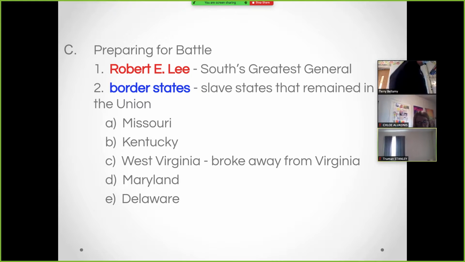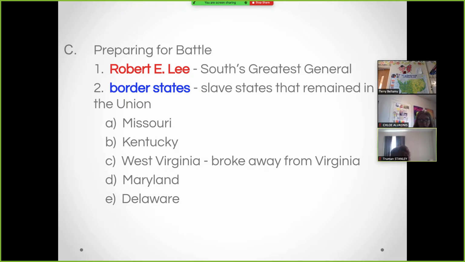So, we're going to split this up a little bit. To start to prepare for a war that this will become, both sides are looking for a head honcho, a leading man. And the Union starts out going after the best that they can see. Abraham Lincoln sends his Secretary of War, a man named Edwin Stanton, to go find Robert E. Lee, who was a Union general. Remember, Robert E. Lee was the guy that put down the rebellion at Harper's Ferry. He's the guy that captured John Brown. He's the guy that stopped that. So he's Lincoln's go-to guy.